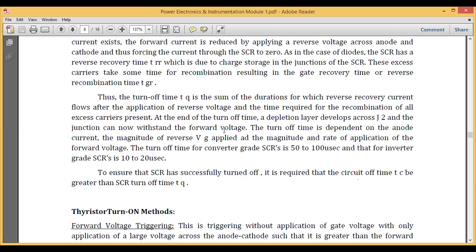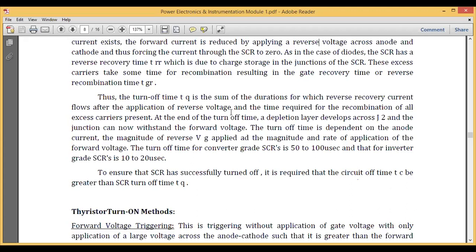Because if you take more time to turn off the devices, then the devices may not function or may not work properly. Why? Because the time which is required for the off is exceeding the required quantity. So that is the reason the SCR will not function properly. Therefore, make sure that whatever voltages you apply at the anode terminal, the turn off time should be as minimum as possible, and it should take very little time, from 10 to 20 microseconds.